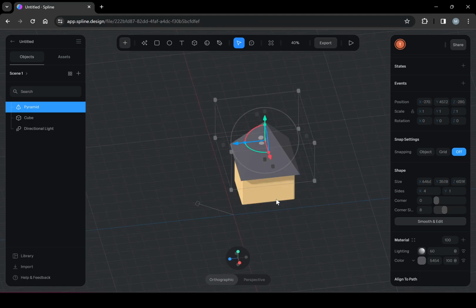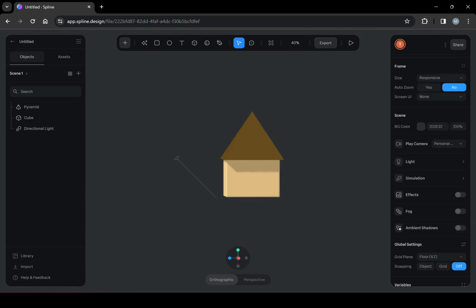Okay, that should be good. And I'm just going to change the color of the top of the house. I think I'll just click X and then hit that plus button. And I'll change it to a darker brown color. So that kind of resembles our house. And if I use the Alt key, you could see I have a mini 3D little house.